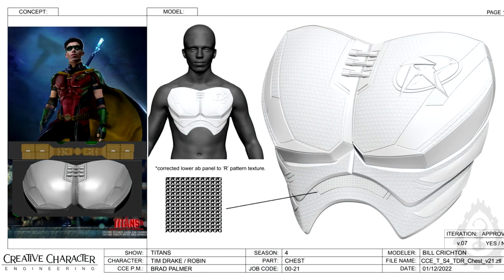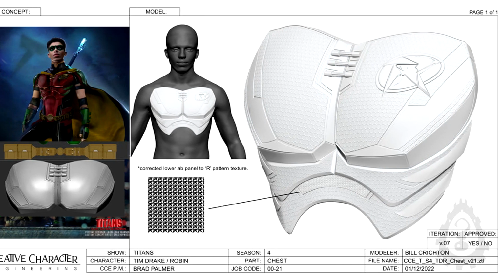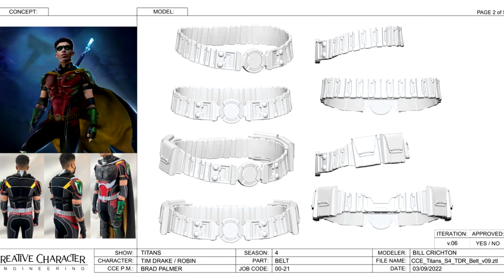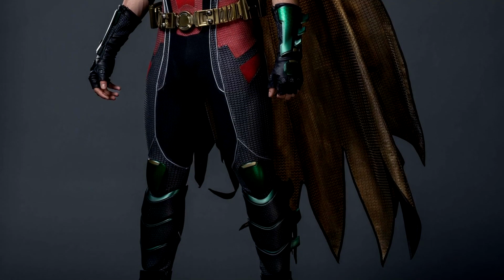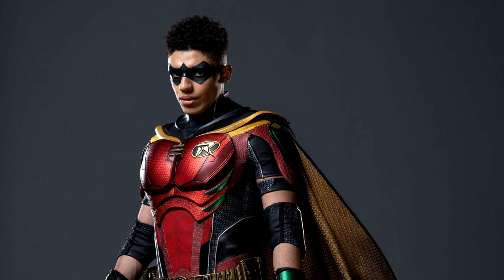There are tons of intricately detailed patterns and designs scattered all throughout the costume, which is complete with an awesome looking Robin logo, utility belt, and black and yellow cape with those badass looking cutouts towards the bottom. The suit is all brought together quite nicely by the domino mask, which seems to fit the actor Jay Lycurgo